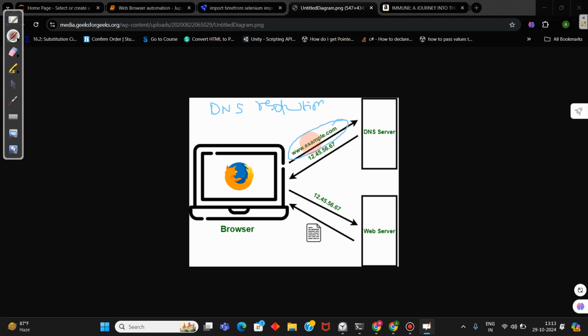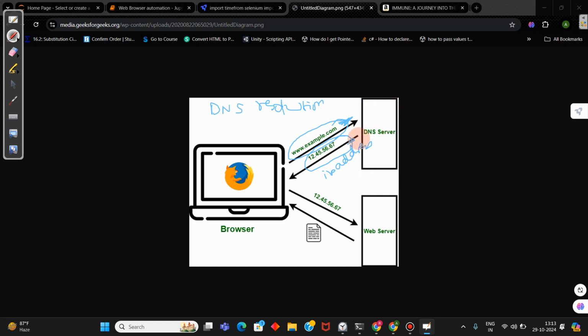Okay, but I want to get inside the DNS server. What happens? The human readable web addresses in English are mapped with the corresponding address that the computer understands. That is called an IP address. Okay, IP address is the form in which the computer understands the address. The DNS server has like a dictionary mapping, where every English readable address and its corresponding computer readable IP address is mapped. So it will look into it